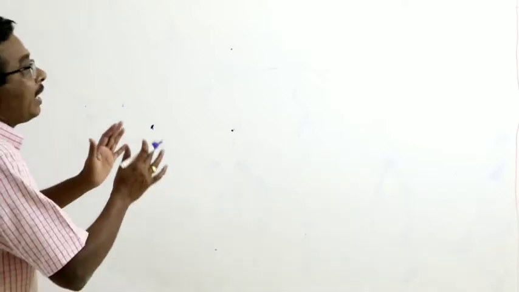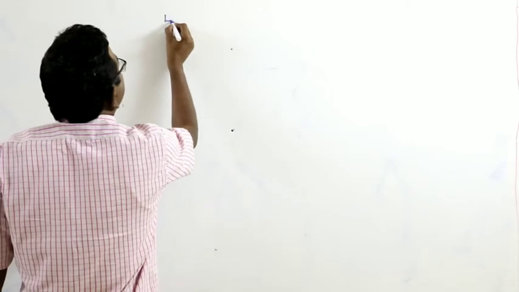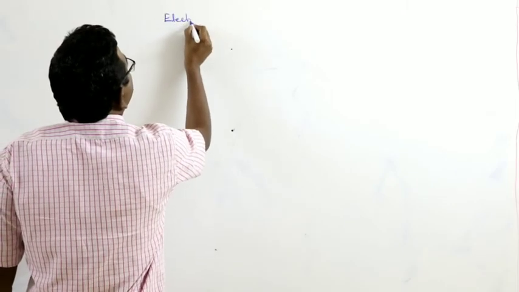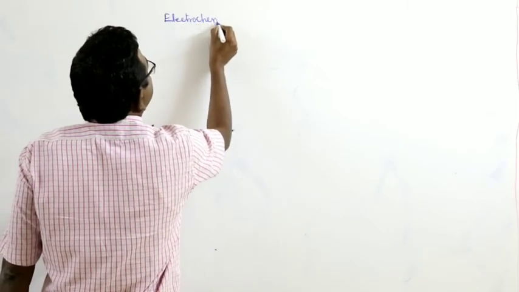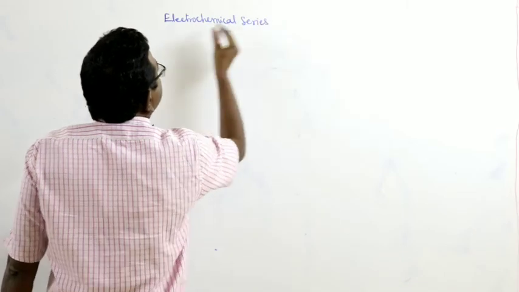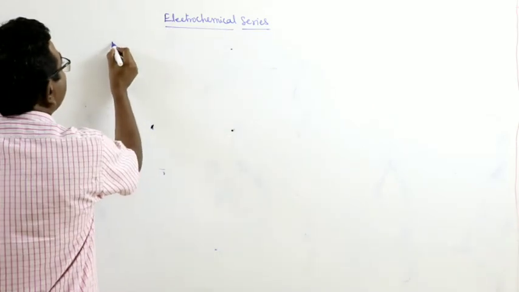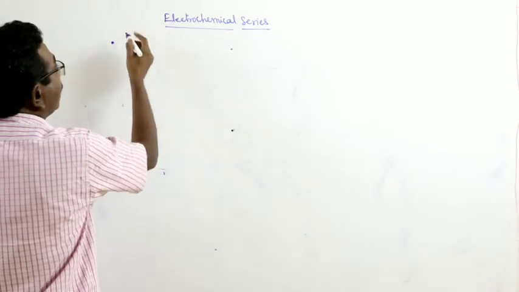At the same time, the elements in the periodic table are arranged in a systematic order, which is represented as the electrochemical series. Here, the metal that is present at the top